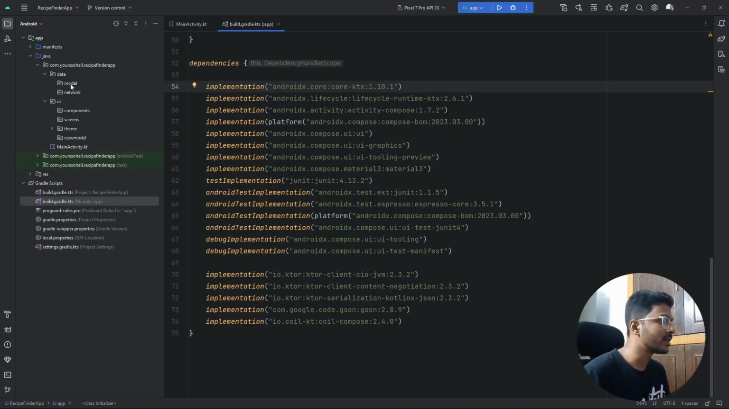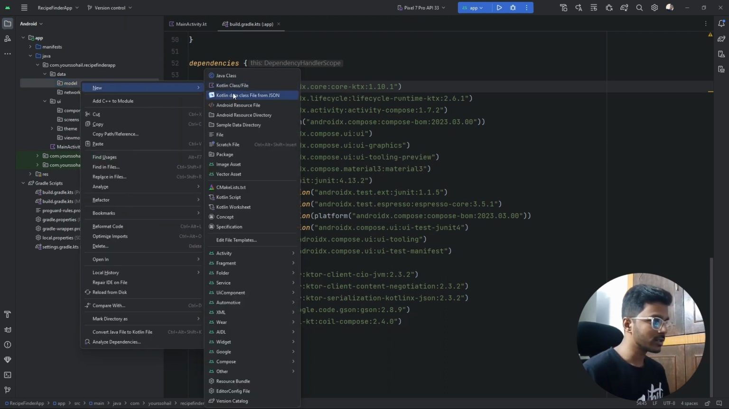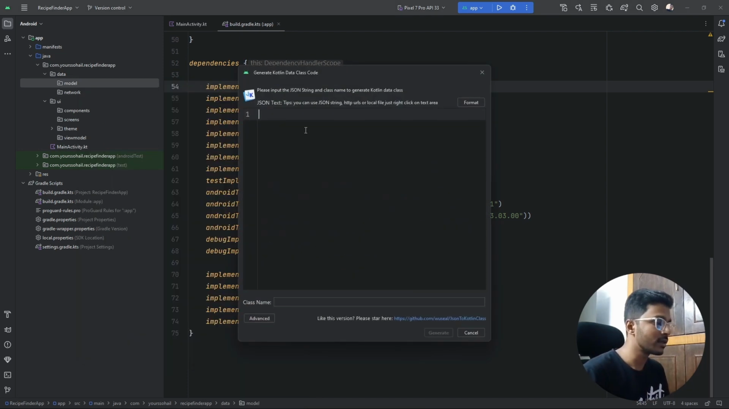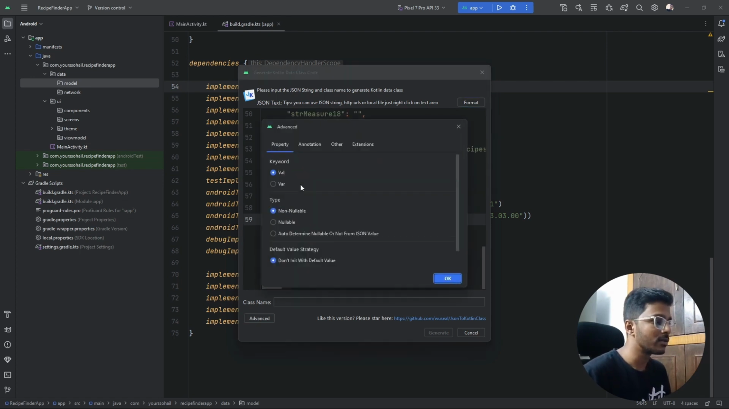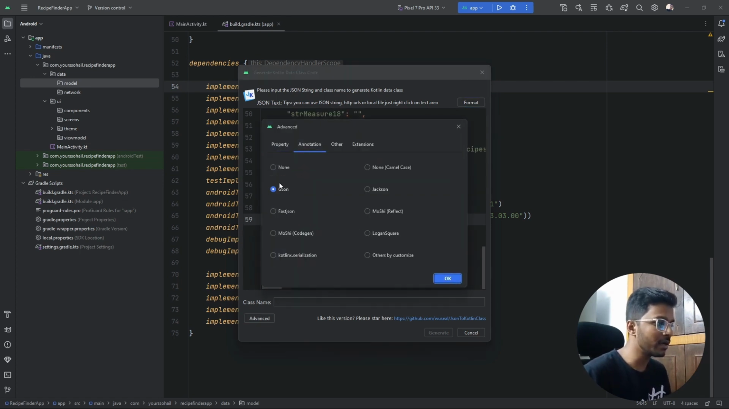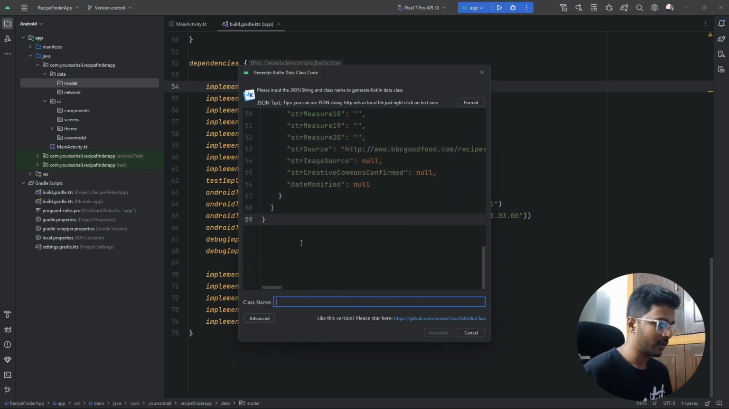open the project, and inside the data package we have this model package. I will right click, new, and I'm going to use this plugin, Kotlin data class file from JSON. Using this plugin, we can simply paste the JSON and it will automatically convert it to a Kotlin data class. So I will simply paste the JSON that I copied, format it, go to advanced annotation, and I've selected JSON for annotation, and we can give it any name. So I'm giving it the name MealResponse, generate,